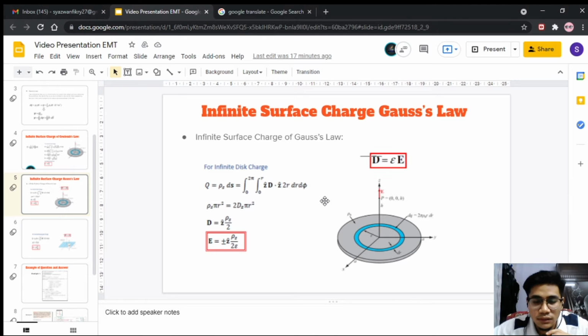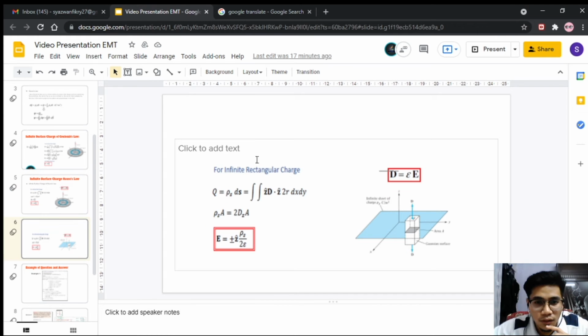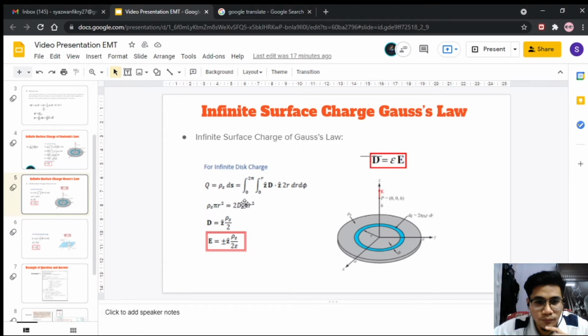This section contains two parts, that is discharge and rectangular charge. So we move to the first one, discharge. You can see Q equal to ρS dS is the formula of surface charge. So the first thing is we must find the surface area. You can see it is like cylindrical, right? So we must use the concept of cylindrical to find the surface area,